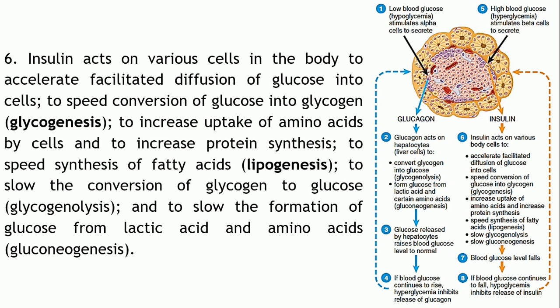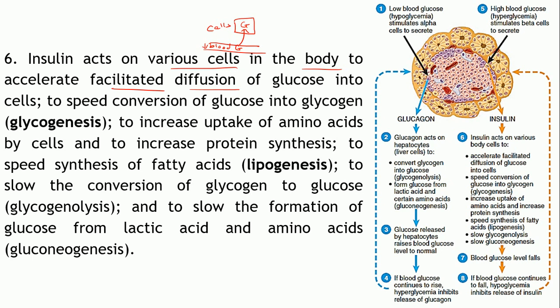Okay, the first action of insulin is on various body cells. It will promote the entry of glucose into the cells by the process of facilitated diffusion. This is how it enters into the cell. So this process is promoted. More and more glucose which is there in your blood circulation will be taken up by your cells. So what will happen to its level in the blood? Obviously it will reduce, correct?